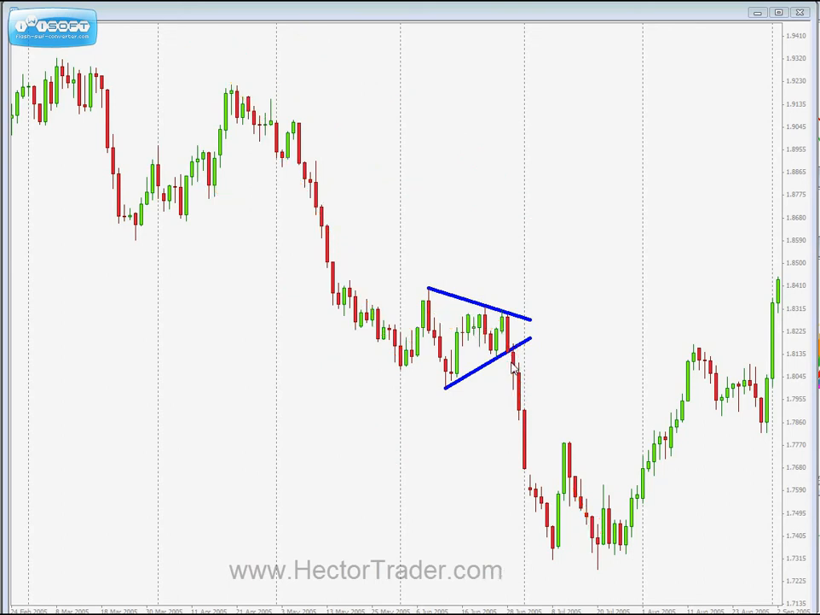Now, there are different ways of profiting from a triangle. Okay, I'm gonna explain the way I personally trade triangles, the way I personally like to profit from them, if I can profit from them, of course. And I'm gonna be doing that by zooming into the shorter time frames. As you guys know,